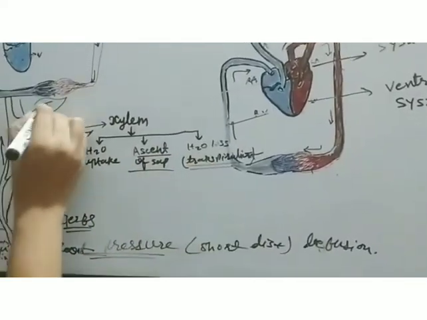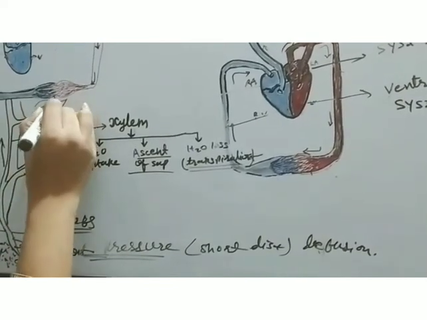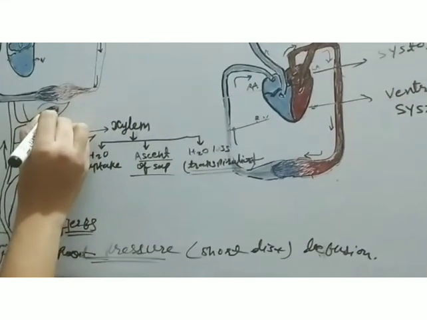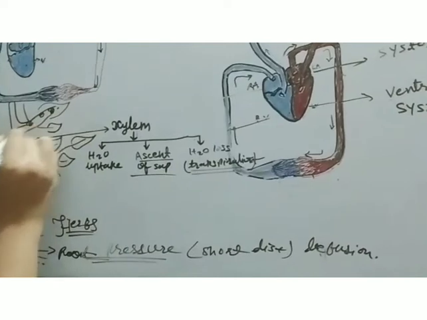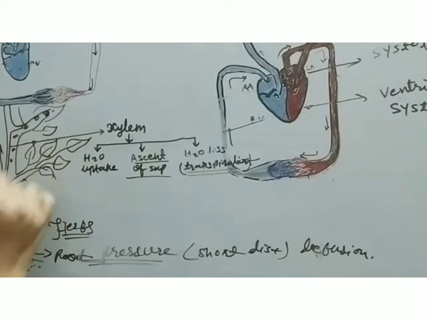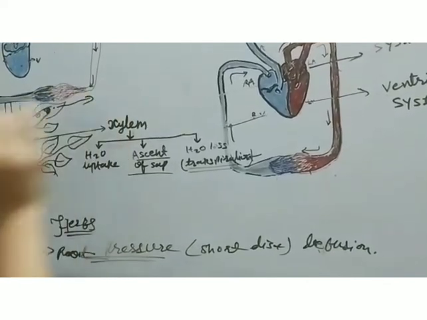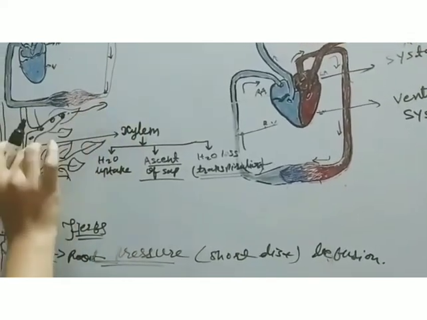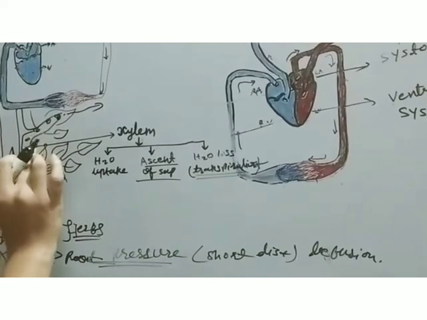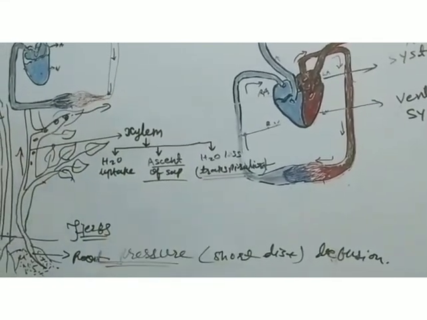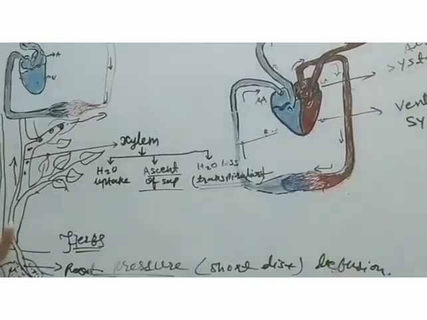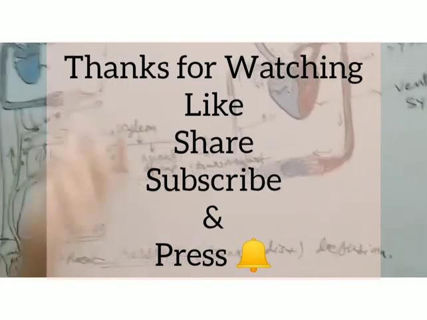When cohesion pull is applied by the molecules in the leaf, they pull the water in the xylem capillary. When transpiration removes water, this pull is applied on the remaining water molecules and ascent of sap takes place. So in this way the transportation of water takes place in the plant.